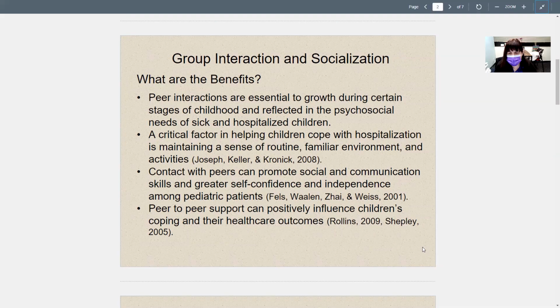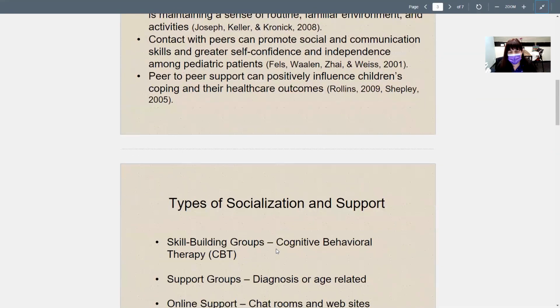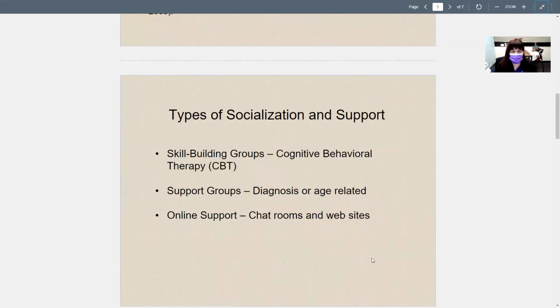So how do we do this? We bring like ages and grades to the activity rooms for a group interaction, some sort of social activity, or engaging children in group activities and games and things like that, whether it's a game of bingo or video game play or an art activity or building Legos, that sort of thing.